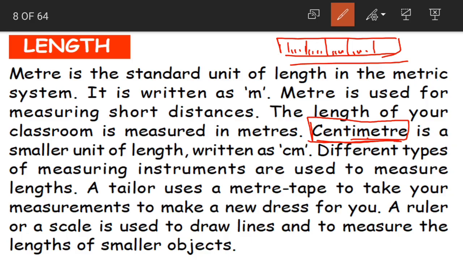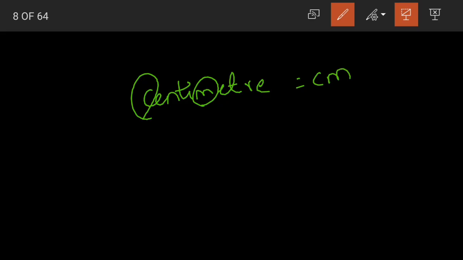Now this centimeter is a smaller unit of length, written as cm. Now how do we write centimeter? As C for centi, M for meter. The short form for centimeter is cm. And what is centimeter used for? It is used for smaller